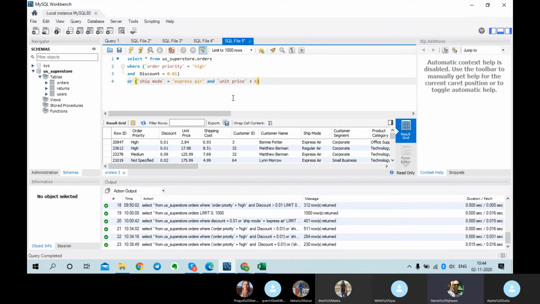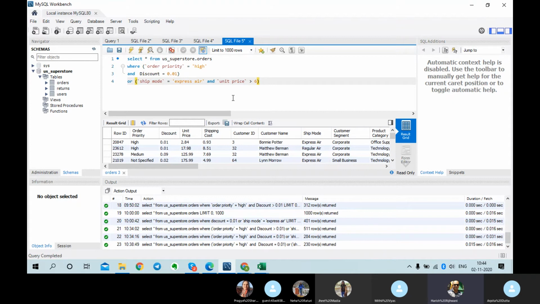Did you do that? I can't see anything happening. So what should I write? So the unit price has to be common for both of them. In this case, your ship mode equal to express air and unit price greater than 6.